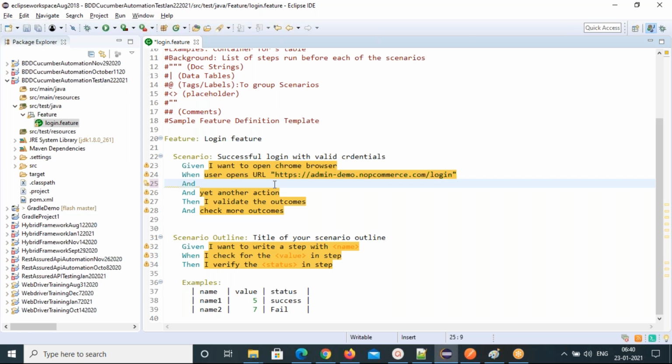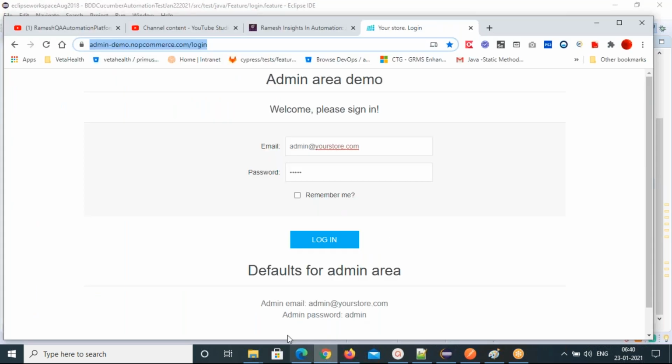So we need to type, right? Enter the email. So we say, and user enters email as, and that email we give. So what is the email? This is the email we are giving.